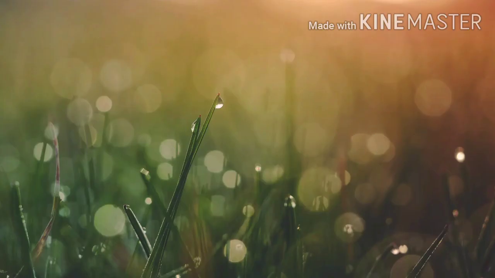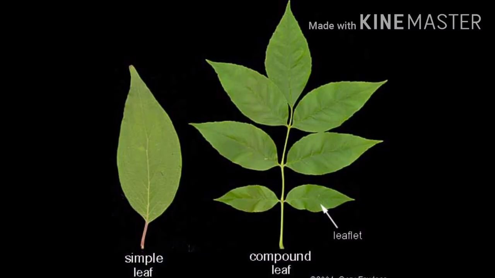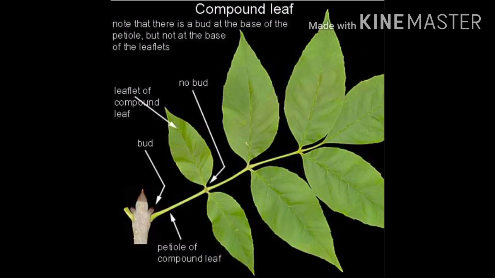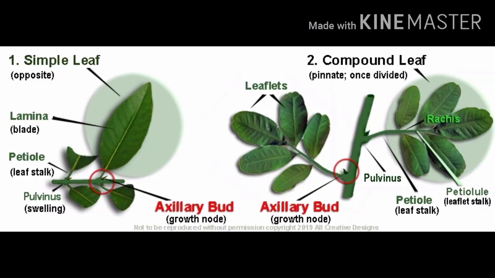Now we will study different types of leaves. There are mainly two types of leaves: simple leaves and compound leaves. So what is a simple leaf? A leaf with a single lamina, as in mango, castor, cotton, China rose, is called a simple leaf. In a simple leaf, an axillary bud is found. The leaf in which the lamina is cut into a number of small leaflets on a common stalk is called a compound leaf. For example, rose, neem, tamarind are compound leaves.